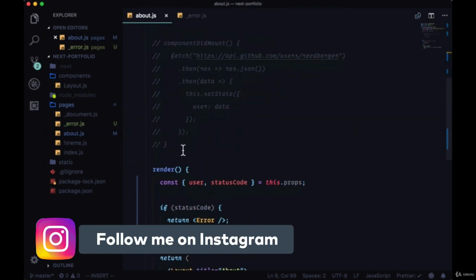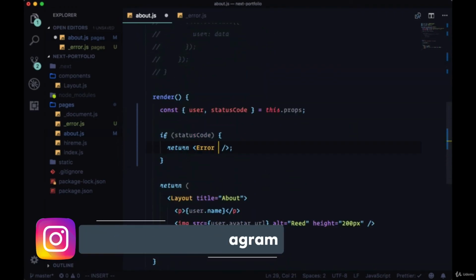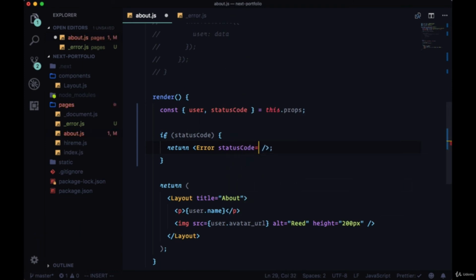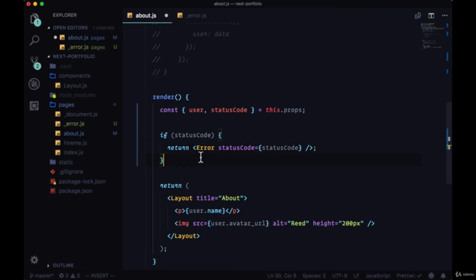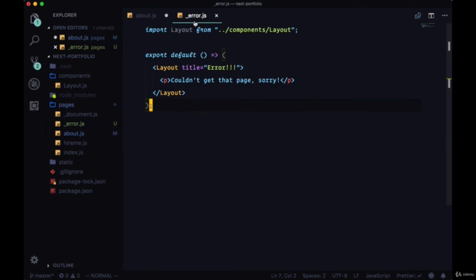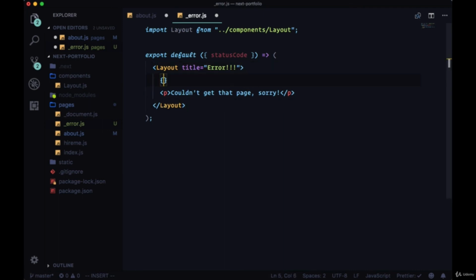So we can handle this by passing down the statusCode as a prop to our error page. Since of course it's a normal React component, we can pass down statusCode, and we can perform a check within Error where we can include, first of all, the statusCode prop that we're passing down. And we can add a ternary here where we say, is there a statusCode? And if so,